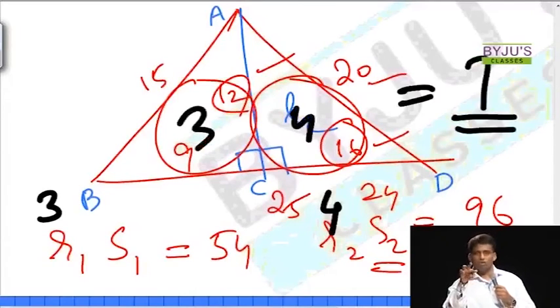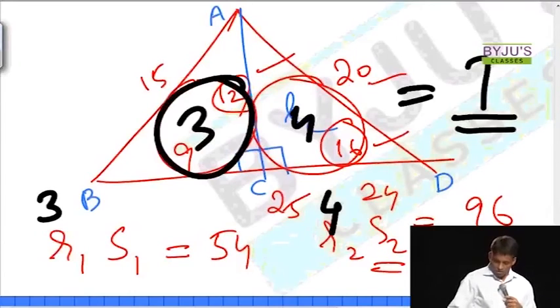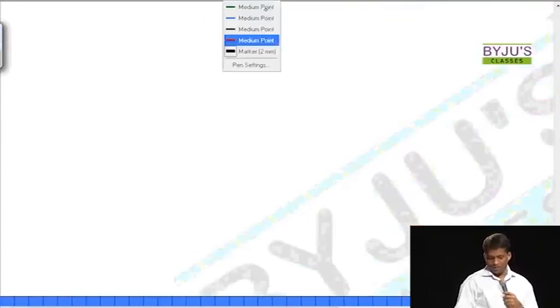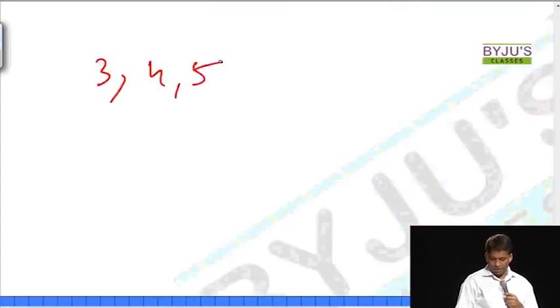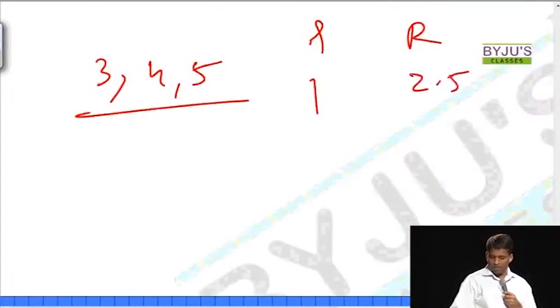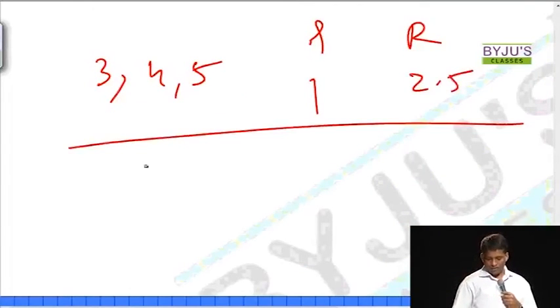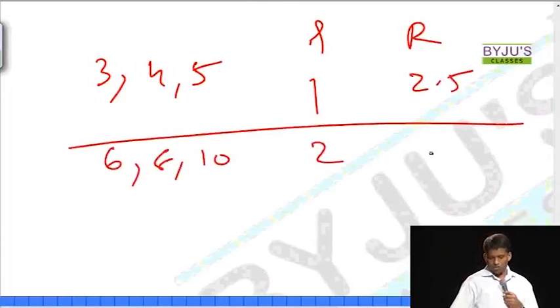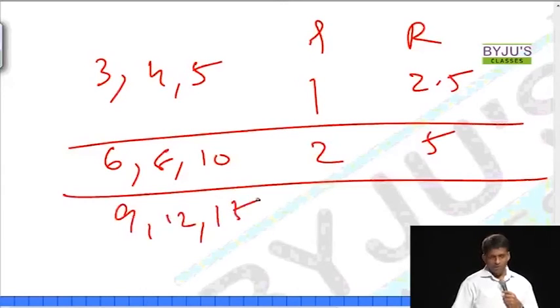This is an actual question. I told you sometimes you get questions at this level also. But I don't think you will consider this difficult. Now, you won't solve these patterns like this, because these are all direct patterns. Finally, you will learn that for 3, 4, 5, R will be 1 and R will be 2.5. This we'll do only towards the end. If it is 6, 8, 10, that means R is 2 and it's 5. And if it is 9, 12, 15, these are all Pythagorean triplets with the same ratio of 3:4:5, then this will be 3 and this will be 7.5.